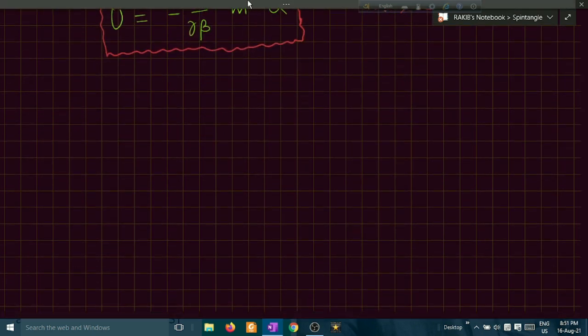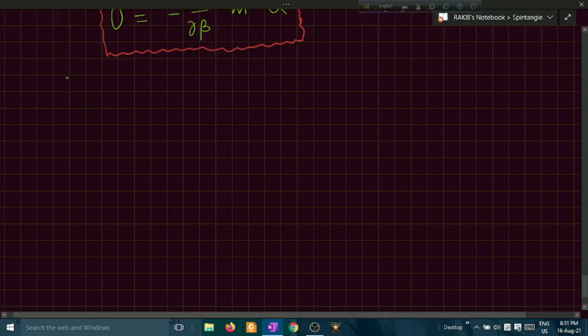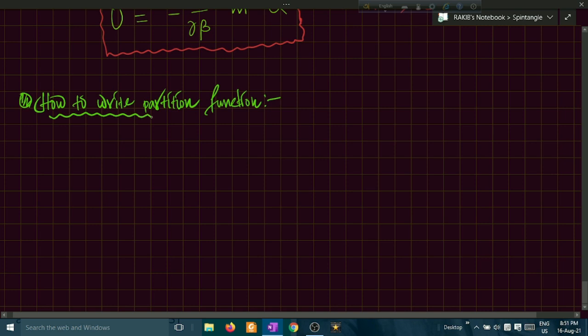Make a heading that how to write partition function. Okay, what is our partition function, how to write this thing? Say our partition function, you know our partition function is given as Q equals to,